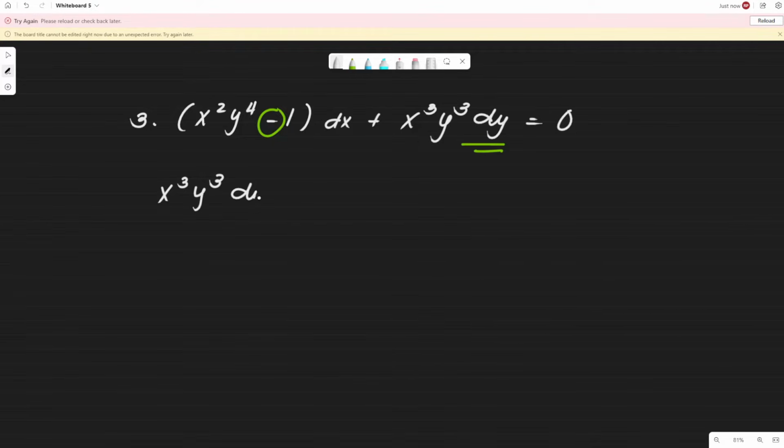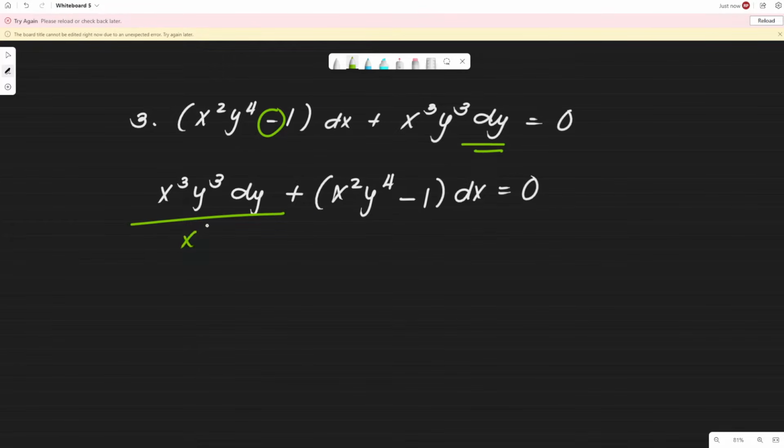So we have x cubed y cubed dy plus x squared y to the 4th minus 1 dx is equal to 0. So, divide all terms by x cube y cube. And with dx na rin pala. Pag isayin na lang natin. Ganun din dito, no? Hindi ko na ilalagay. Okay, so, cancel. Cancel. So, therefore, we have dy over dx